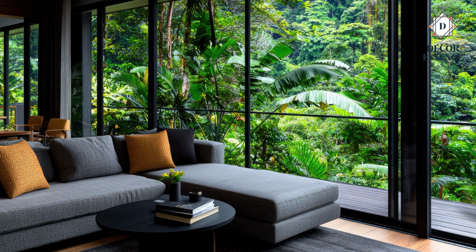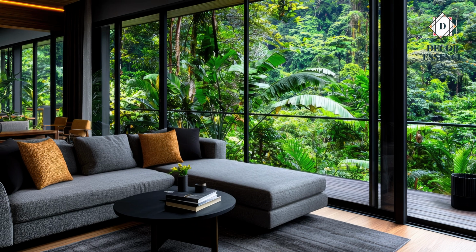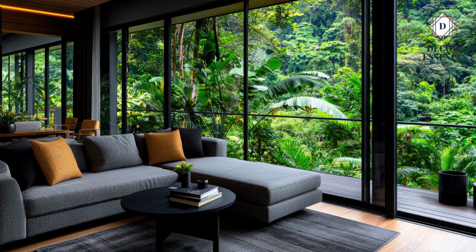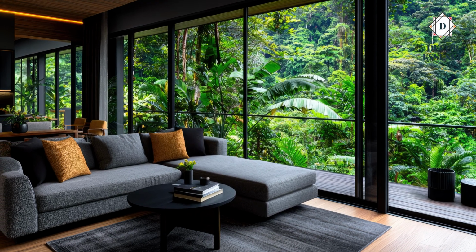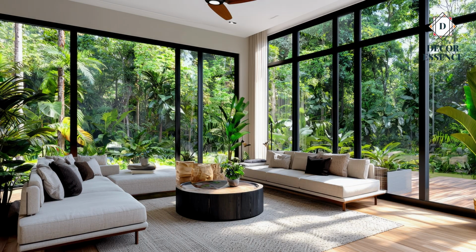The architects also took into account the natural flow of the terrain, placing the house in such a way that each room feels like it is suspended within the trees. This careful attention to the landscape ensures that the occupants are